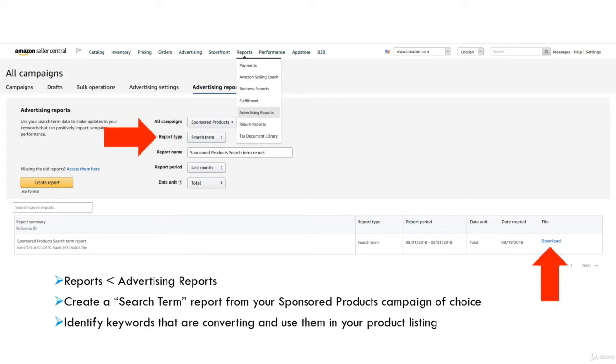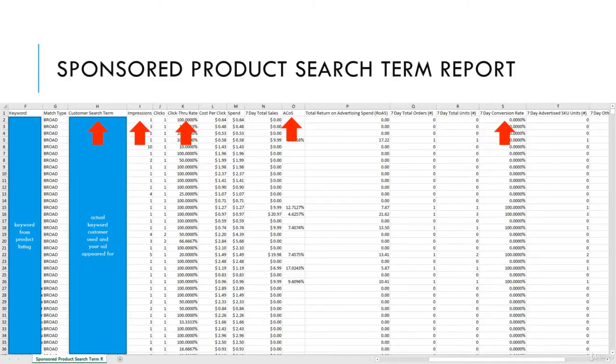So for the report type, click search term, then you can name it what you want, select the reporting period, and then click the create report button, and then download it below. In this report we can identify keywords that are converting and add those to our product listing and future manual sponsored product ads. So some key things to look at in this sponsored product search term report is first,